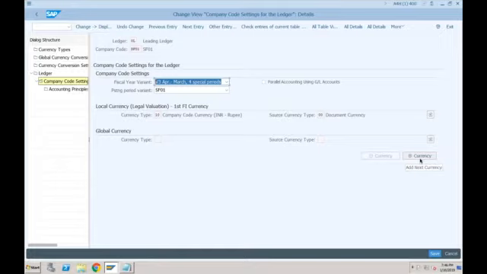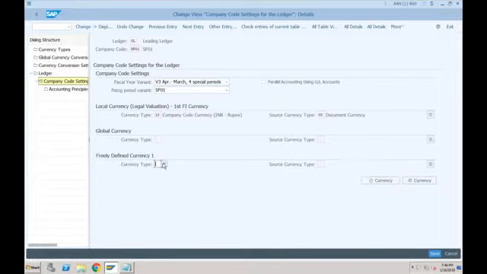It is up to you. Nobody is saying that you need to use 8 currencies. It is just the additional flexibility which is provided by SAP. If you want to activate it, you can activate it from here. Let's say whenever you want to add a new currency, I'll go for currency. Now the system will give me the list of all the currency types.